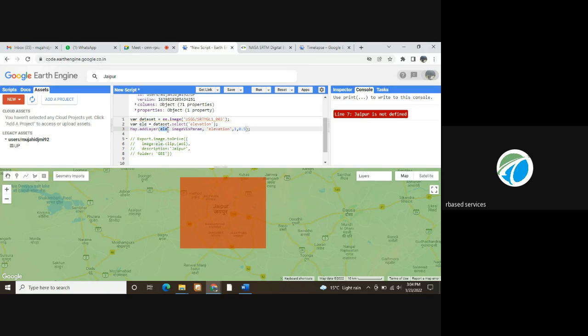Yes. Type it ELE dot clip, and in the bracket you have to type AOI. Small bracket AOI. Yes. Now if you run,